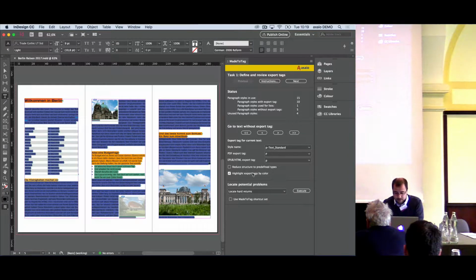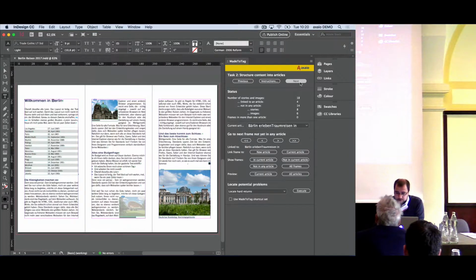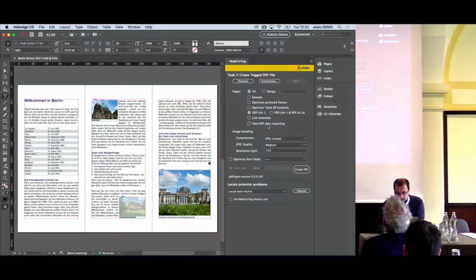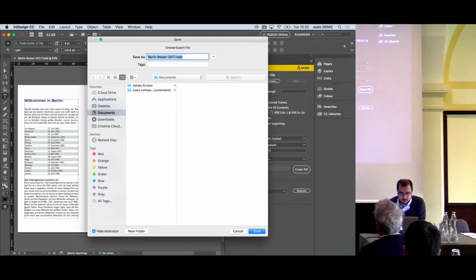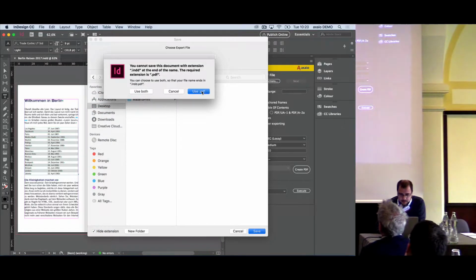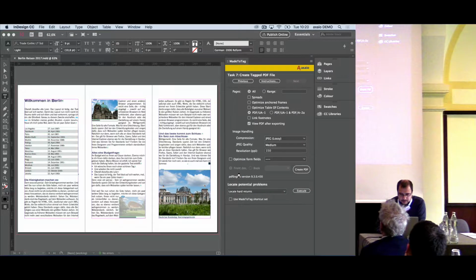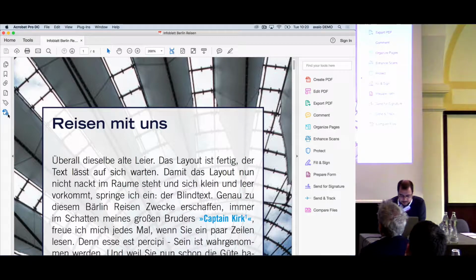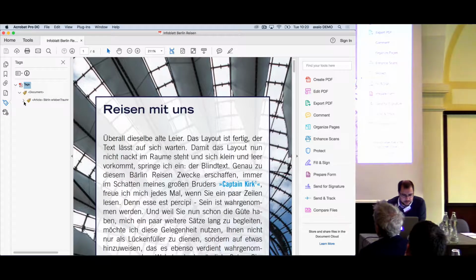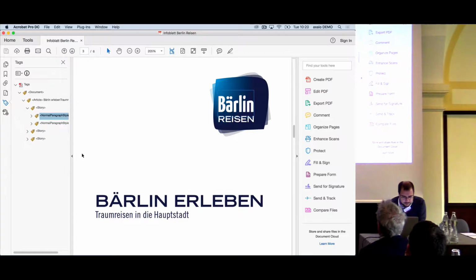But first I just export a regular PDF, as we've done it until now. And if we go to the tag tree,